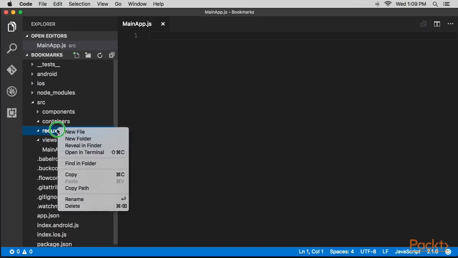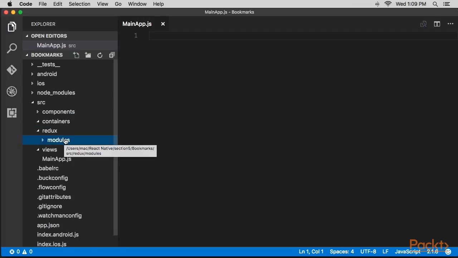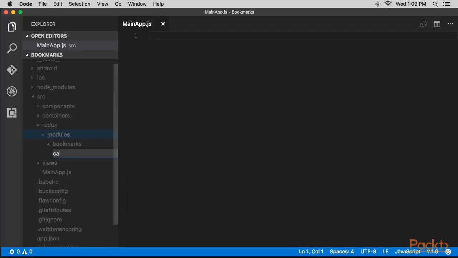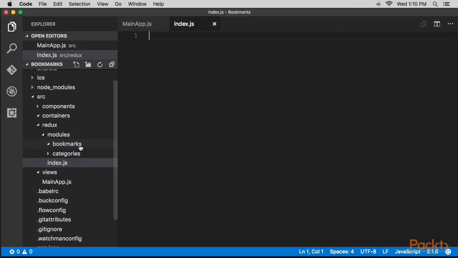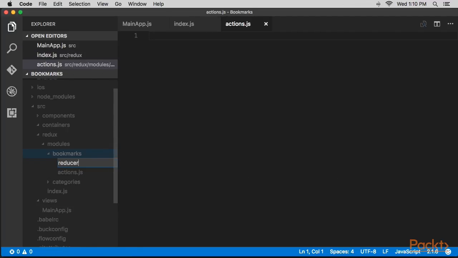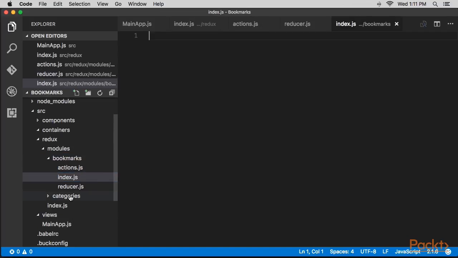Inside the Redux folder, we now need to create a modules folder with bookmarks and categories folders inside, as well as an index.js file where we'll initialize all the modules. In each of the modules folders we'll have three files: actions.js, reducer.js, and index.js. Here we created the two modules that we'll have in our app. In this folder we'll be defining all the actions, the reducer, and logic that we need to display our bookmarks